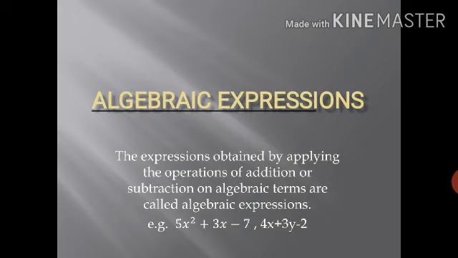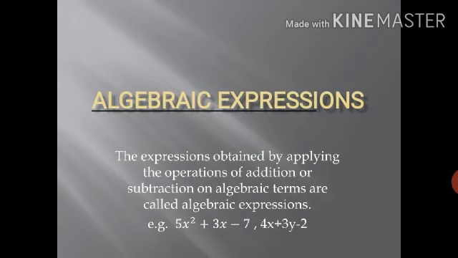When we join these three terms, that means 5x square plus 3x and 7, by the algebraic operations of addition and subtraction, we get an algebraic expression. So the first algebraic expression 5x square plus 3x minus 7 involves three algebraic terms